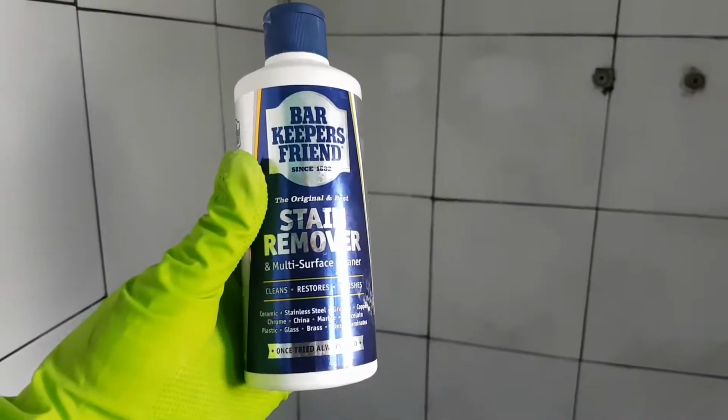Lots of stains, and I was a bit terrified that I'd never be able to get it off because these things cost a lot of money. But as you can see, with the scrubbing, it comes off. And a bit of home related thing maybe. This stuff, stain remover by Keeper's Friend, does a very good job. So what I'll do, I'll quickly scrub this one here, which is one of the worst ones, and show you